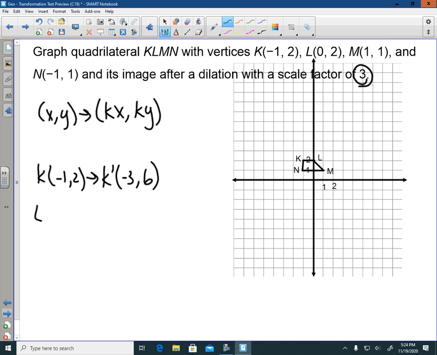L lives at 0, 2. So L prime must live at 0 times